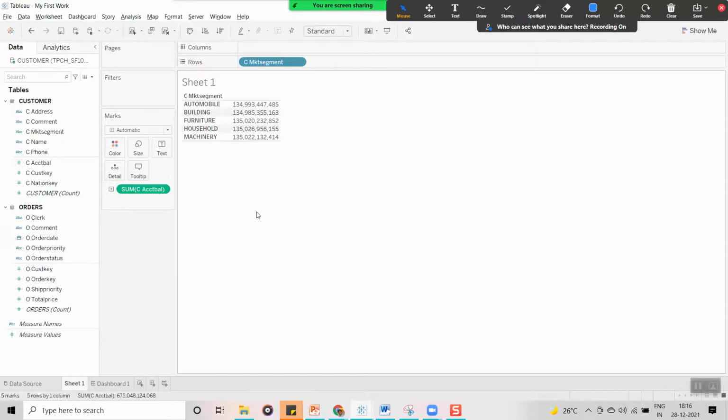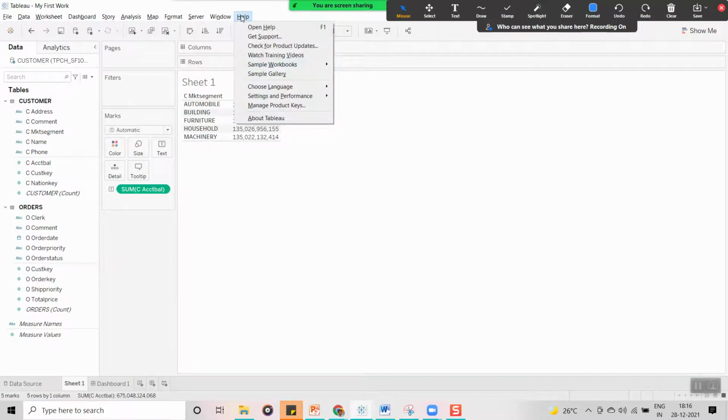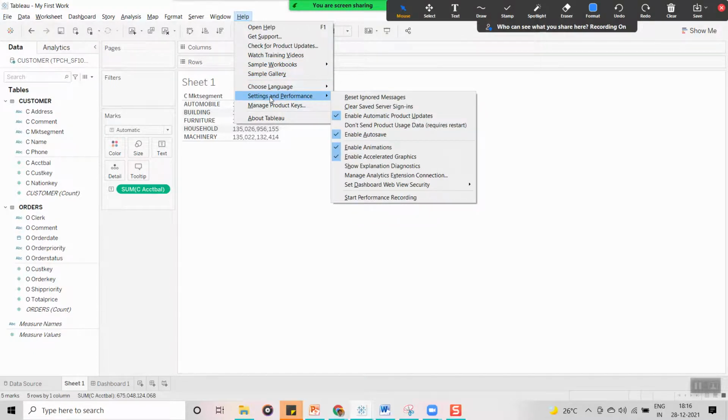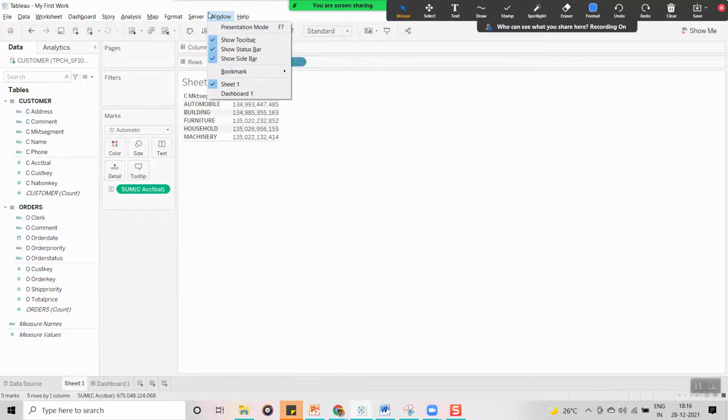Sorry guys, go to the Window menu, and from Window, go to Bookmark and create a bookmark.